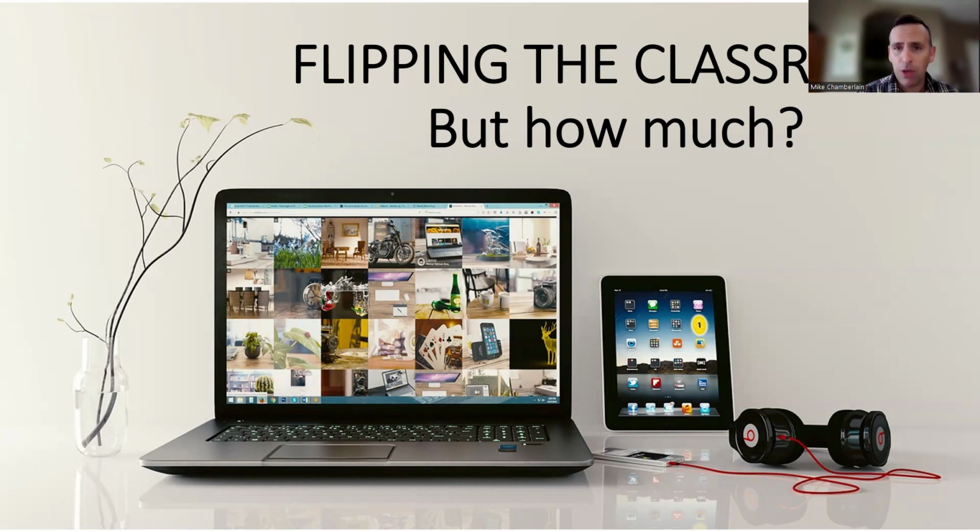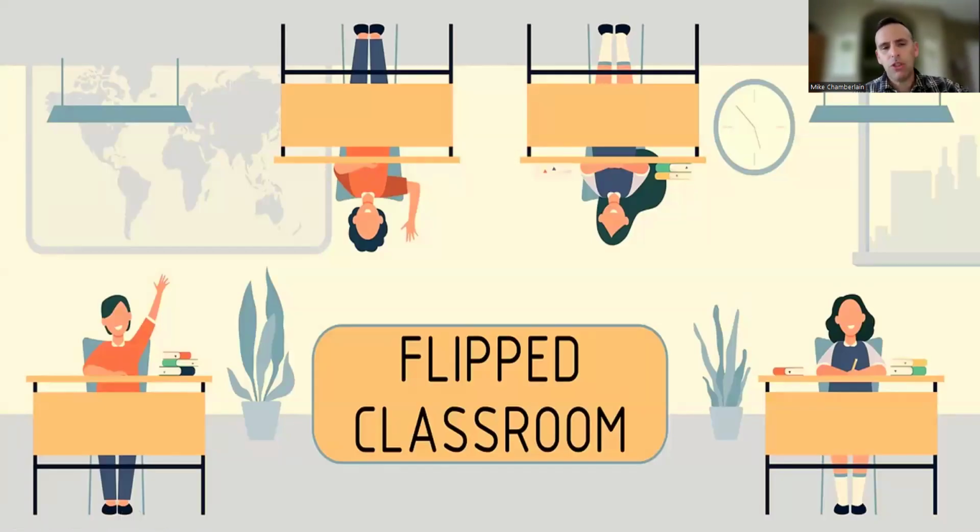How much content do I want to deliver online? How much content do I want to deliver face to face? How is that interaction blend going to look? All right. So the flipped classroom, just to briefly define it, is, and you can see in this graphic